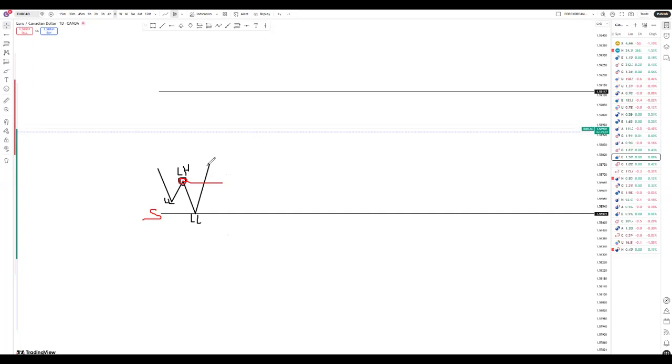What I want us to do is focus on the structure of the market. The market will later come back to the same level, or not even back to the same level. It might go down a little bit before shooting up. As soon as the market goes down from here, we know that the market is going up. Forget about this downtrend. This is not a downtrend. The market is just doing a pullback. So now the market just changed direction.